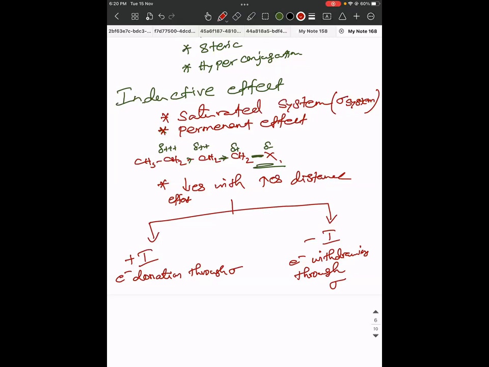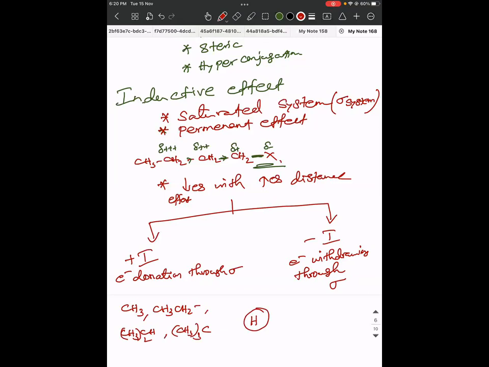So what are the groups that will be plus I groups அப்படி பாத்தீங்கன்னா all the alkyl groups with the hydrogen: CH3, CH2, CH3 twice CH2, and CH3 twice C. These are plus I effect groups because they are more than hydrogen. Okay, so what are the groups which